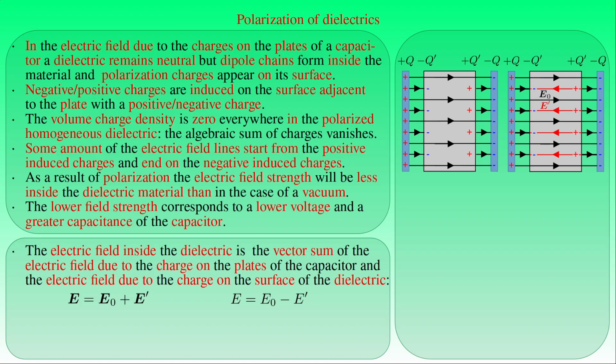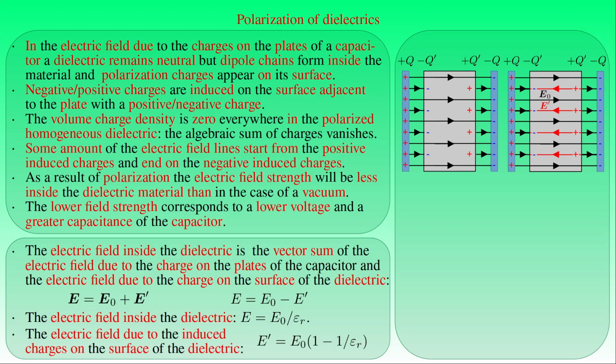As shown in the previous experiments with a charged capacitor, the magnitude of the field strength E is given by the ratio of the magnitude of the field strength E0 to the relative permittivity εr of the dielectric inserted between the plates of the capacitor. If we substitute this expression into the left-hand side of the equation, then we can express the magnitude of the